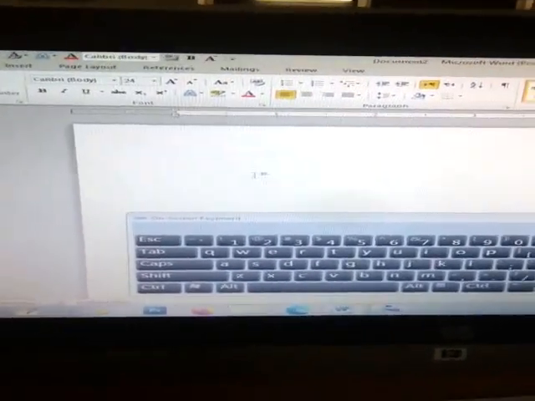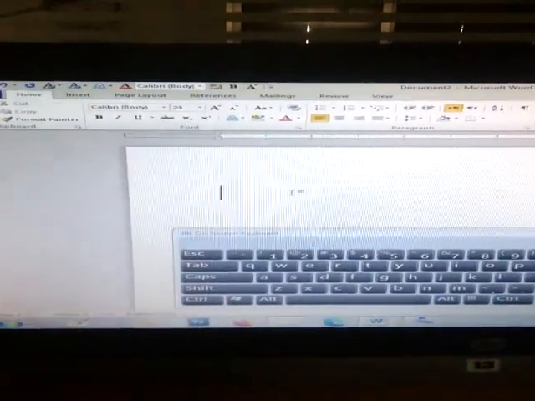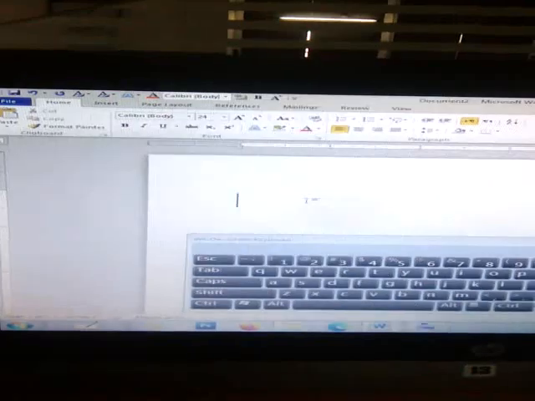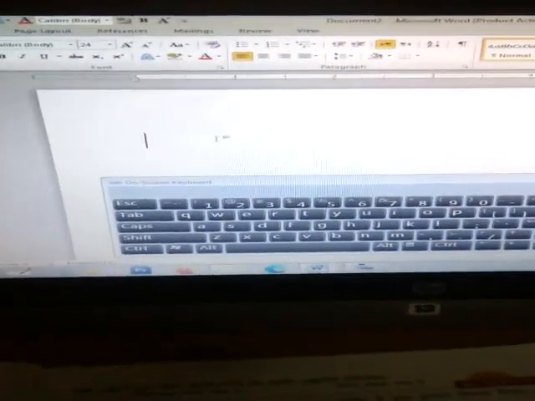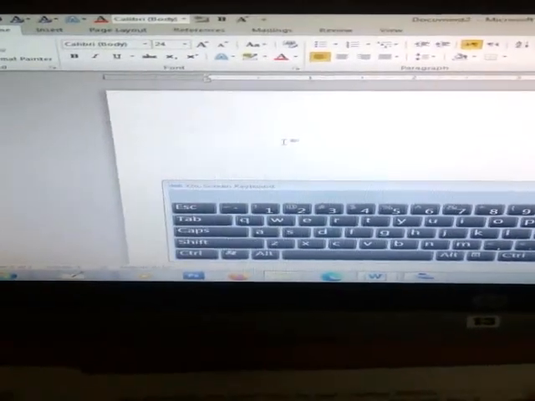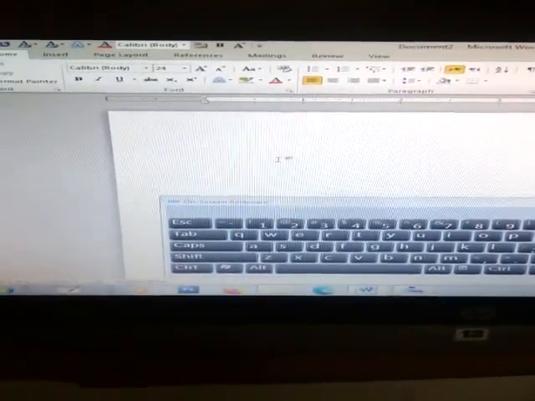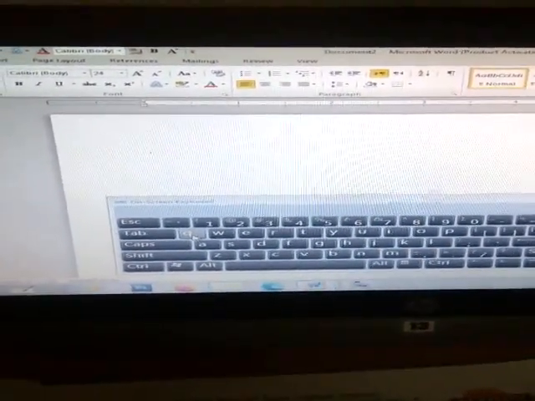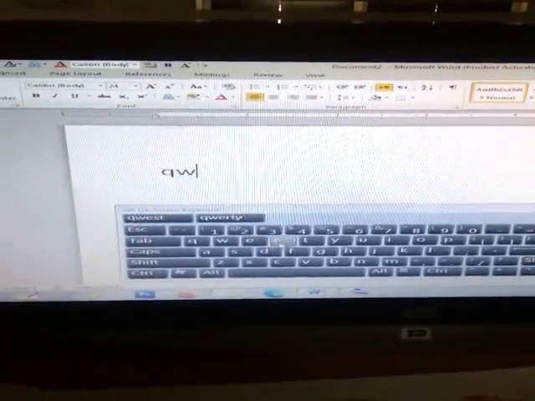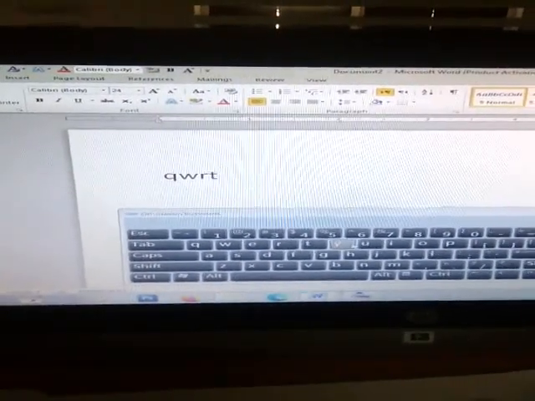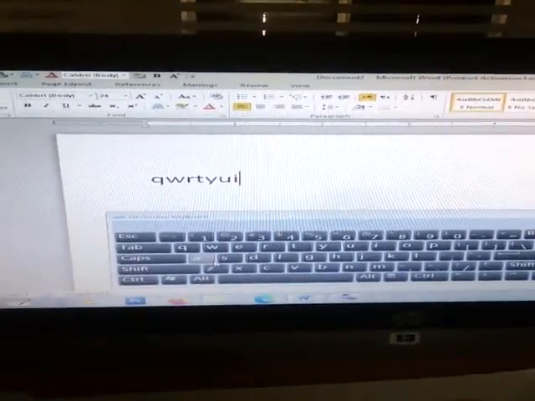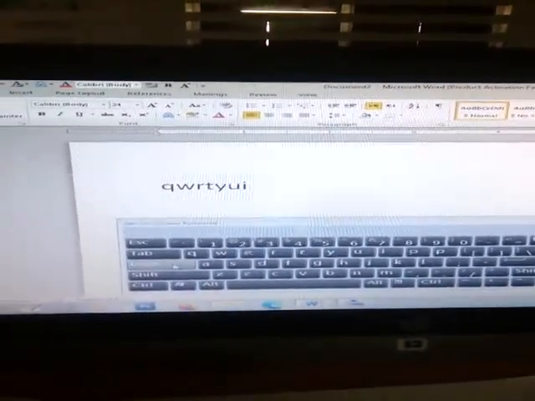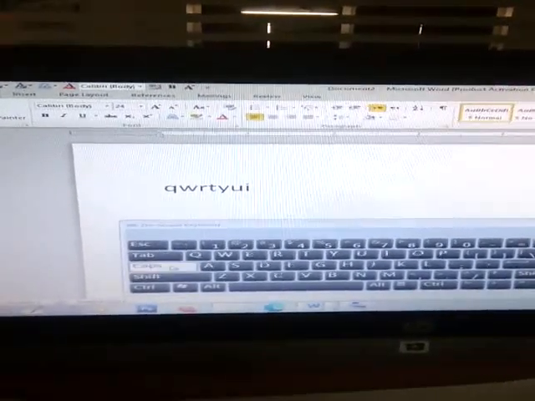Now let us learn about some more keys. One is the caps lock key, shift key, then home and end key and window key. What is the use of the caps lock key? If we are pressing the letters here, they come in small letters. But if we want capital letters, that time you have to press the caps lock key.